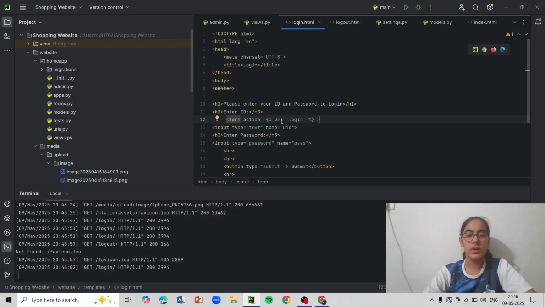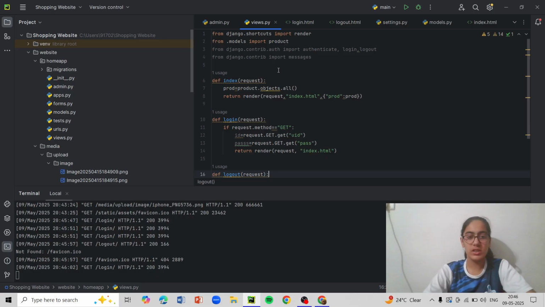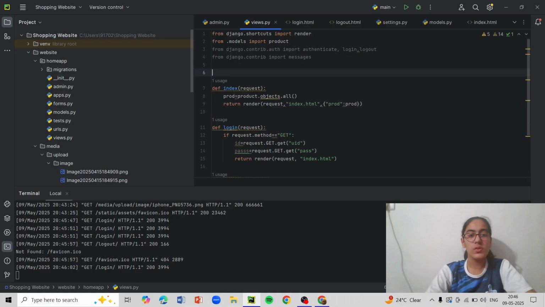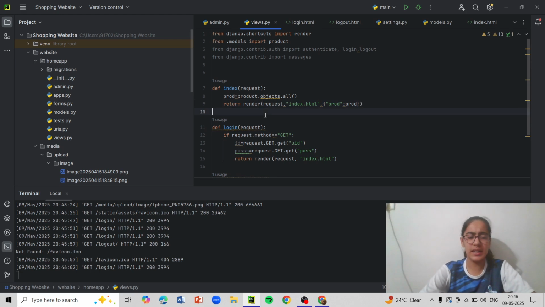So firstly I'll tell you how to make these views. Views are basically functions which will tell what to do and what not to do to the website. So first is of index, which will return all the index. Firstly I want you to make a simple DB website. I have explained in my previous videos how it is. In this website I'll do basic things like a button, maybe a category, and all that.